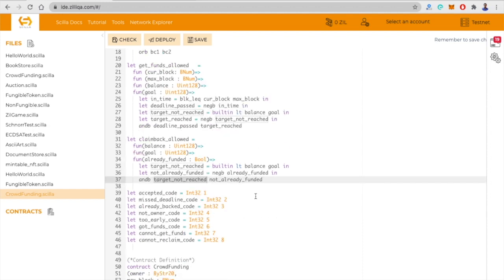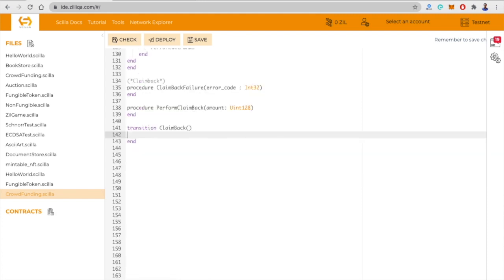Essentially what this AND operator does is it checks whether balance is less than goal and whether funded was false. If both of them are true, only then the claimback is allowed. Okay, so now let's come to our transition, claimback, and we'll first get the current block number and store it